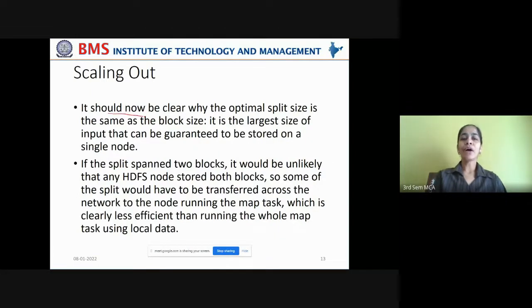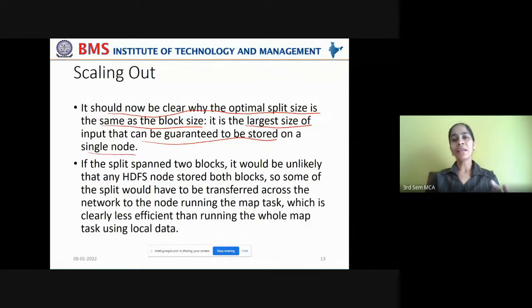Now it should be clear why the optimal split size is the same as the block size. It is the largest size of input that can be guaranteed to be stored on a single data node, so that it can execute the entire processing task on that one single input split. If the block is partitioned, then it has to access two data nodes to execute one block of data.